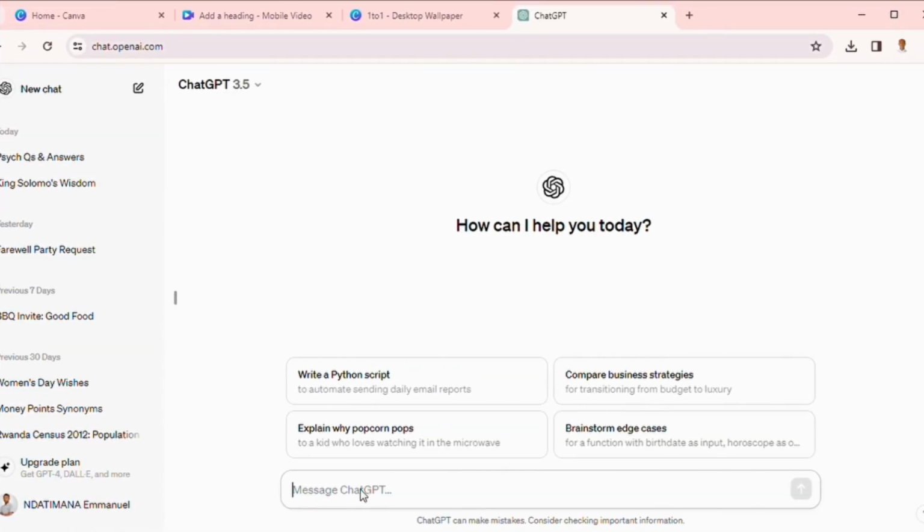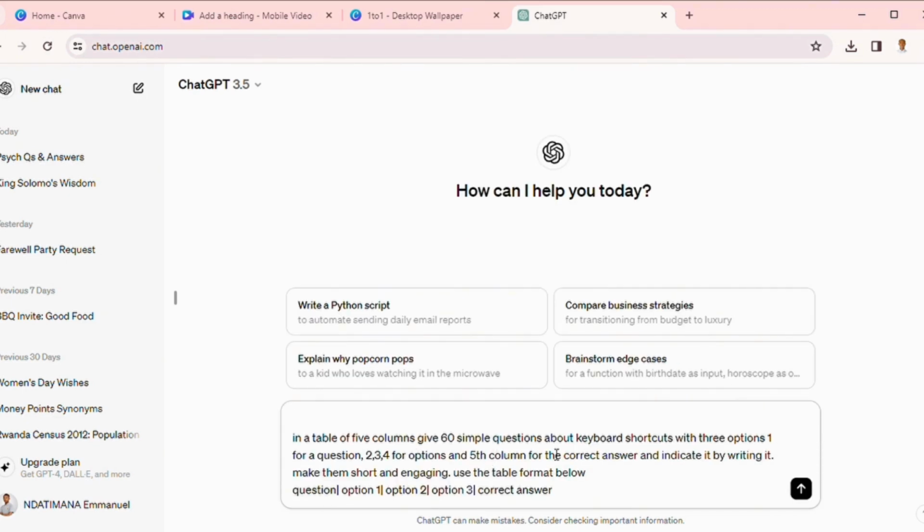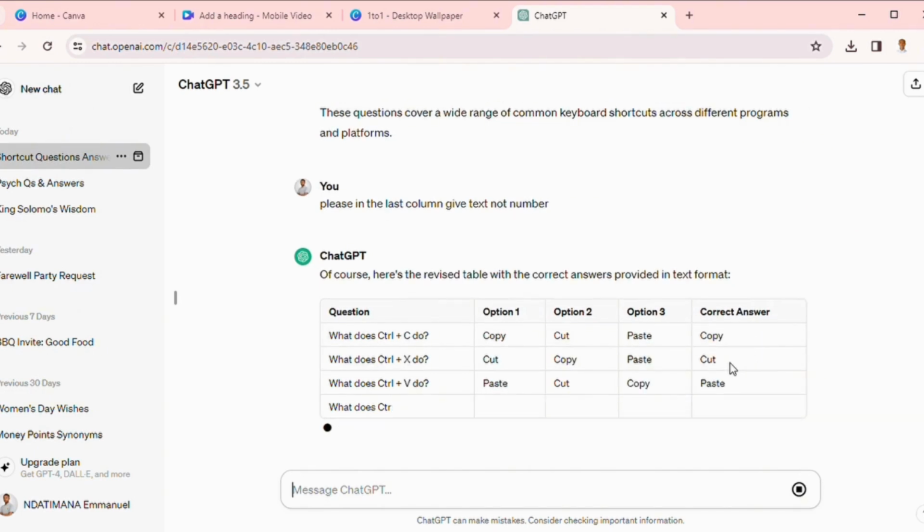ChatGPT by providing it with a prompt. For example, in a table of 5 columns, provide me with 60 computer keyboard shortcut questions. In column 1, give a question, column 2, 3, and 4, choices, and in column 5, provide me with the correct answer. Then ChatGPT will immediately generate the table with